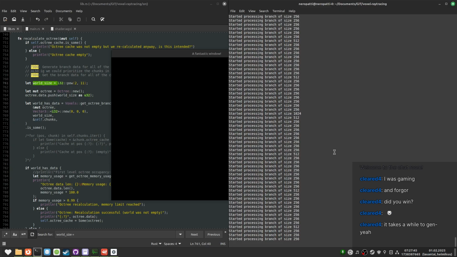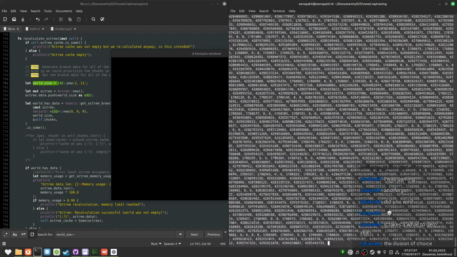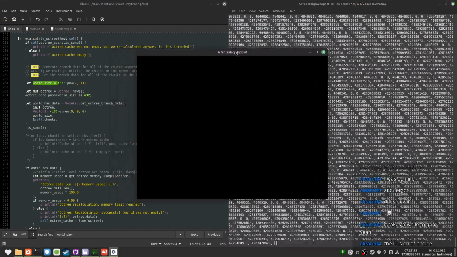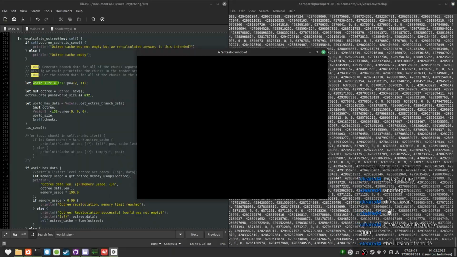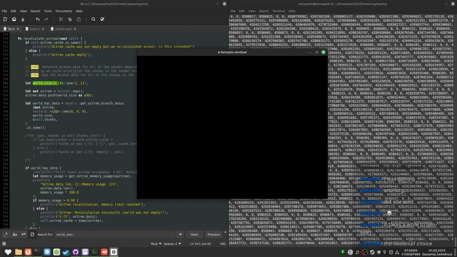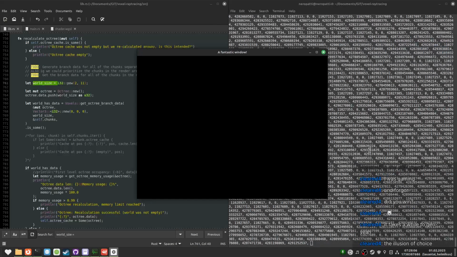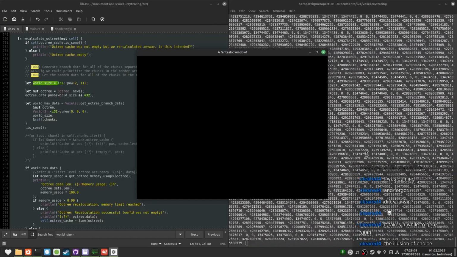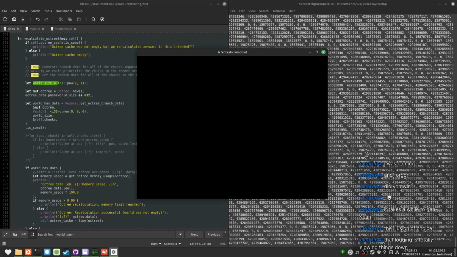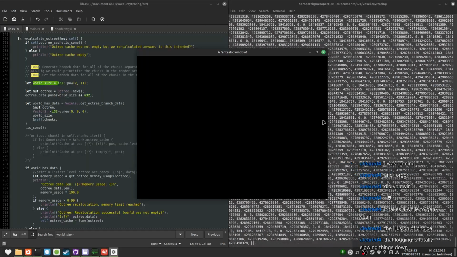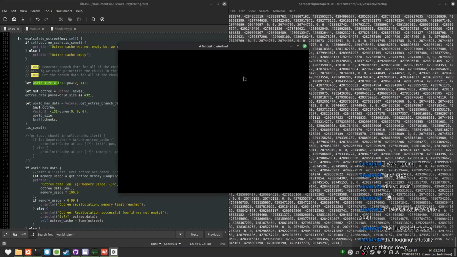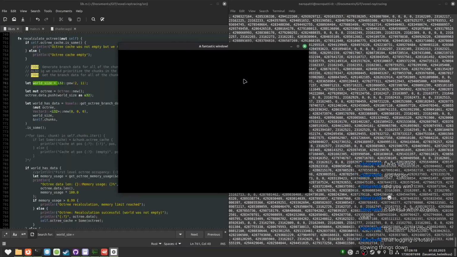Because you do need to know everything to render everything. And then we spit out the octree. Printing a bunch of numbers. For this step I don't need to print the octree, but I do.